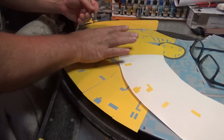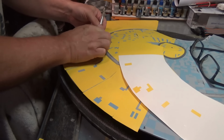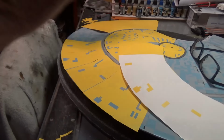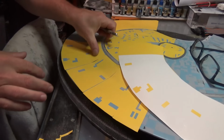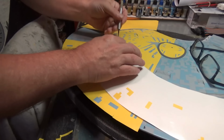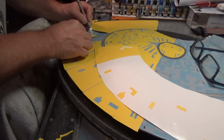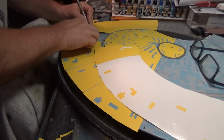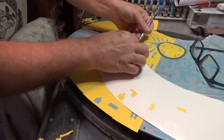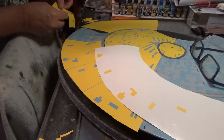Now I still have space in between all of these big template pieces because, again, we're putting two-dimensional vinyl over a three-dimensional shape. So I'm going to run some painter's tape in between those just to keep them safe from the overspray that's going to happen. And that wants to go there. And again, if I lay that in place,